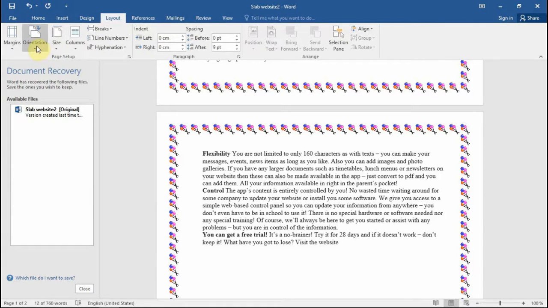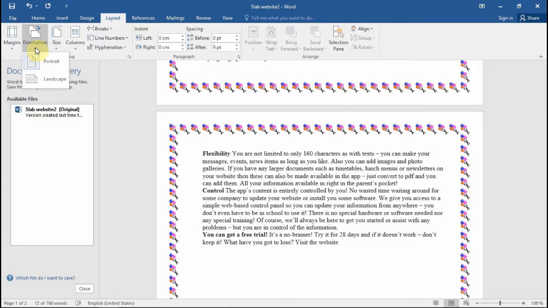On clicking on layout, you realize our orientation option is appearing. Which means now you can use the orientation icon to select the orientation style you want. By clicking on the drop down, it gives us two options, portrait and landscape,